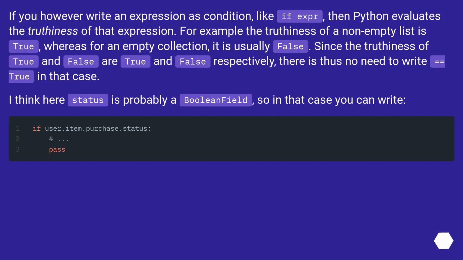If you however write an expression as condition, like 'if expr', then Python evaluates the truthiness of that expression. For example, the truthiness of a non-empty list is true, whereas for an empty collection, it is usually false. Since the truthiness of True and False are True and False respectively, there is thus no need to write == True in that case. I think here status is probably a boolean field, so in that case you can write